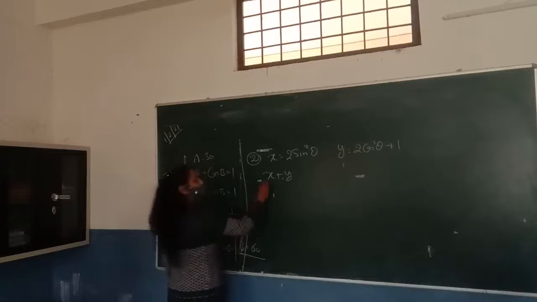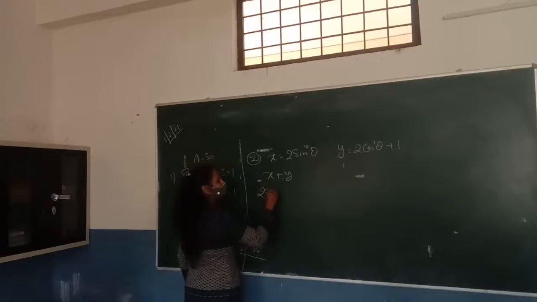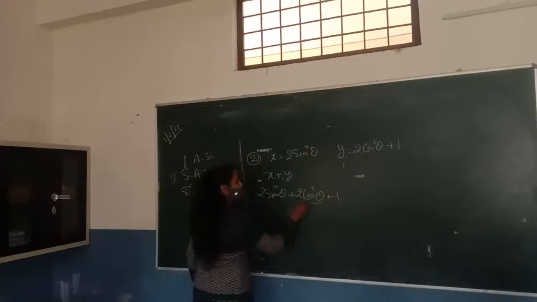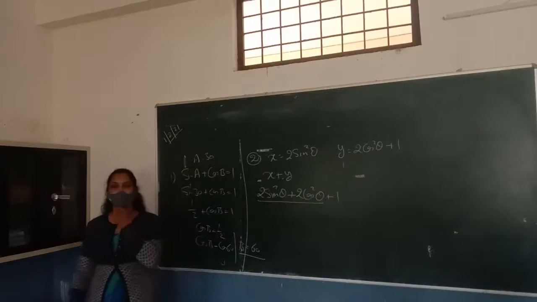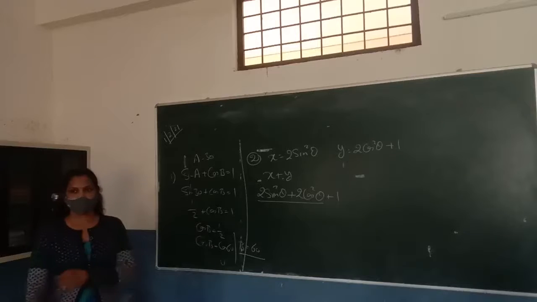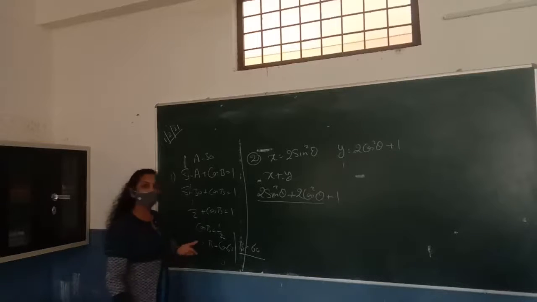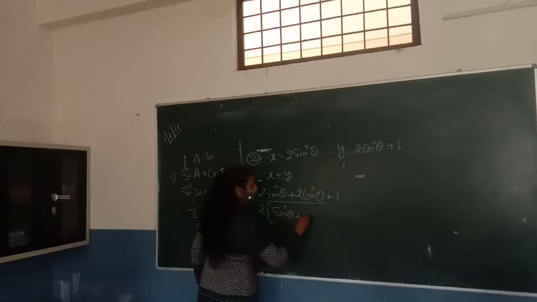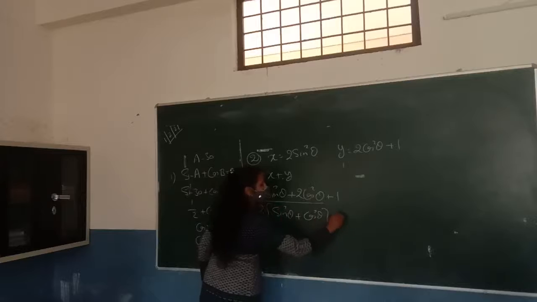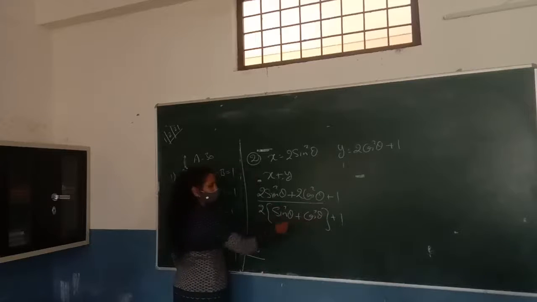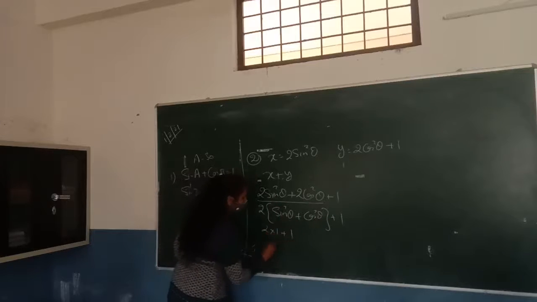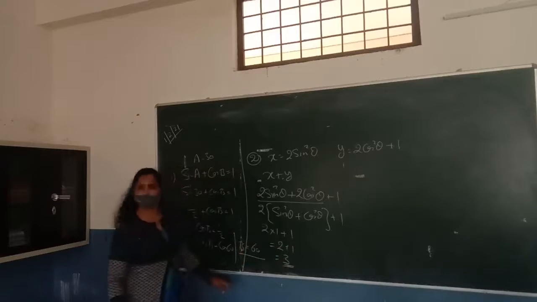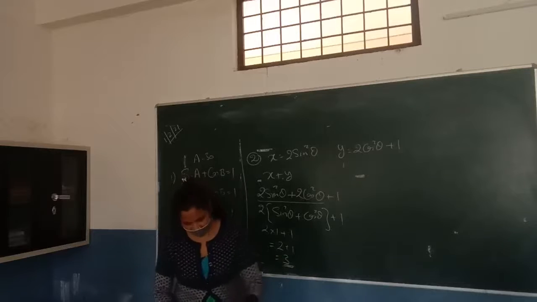Okay. x plus 5, x is 2 sin square theta plus 2 cos square theta plus 1. The first identity is equal to 1. So we can take 2 as common. It is 2 times sin square theta plus cos square theta, plus 1. So what is this value? This value is 1, so 2 plus 1, it is 3. Clear? Third question is,